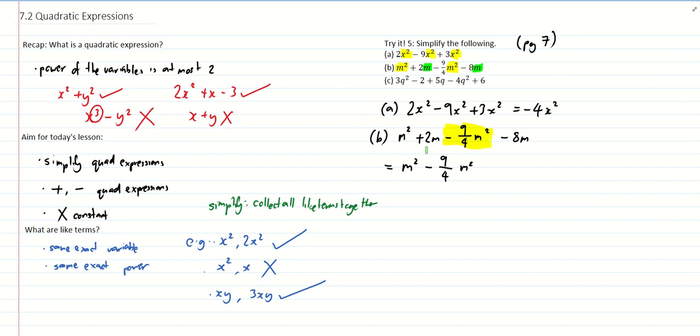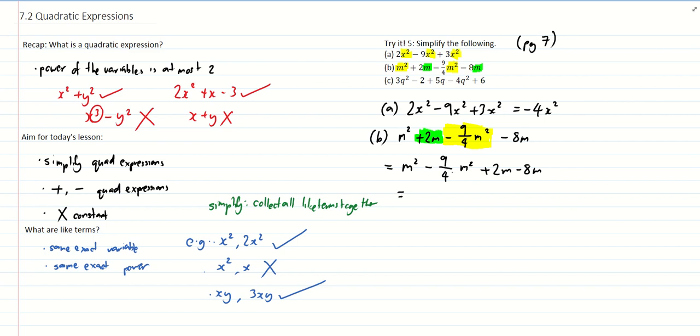And then what about the plus 2m? So the plus 2m, we will switch position. Okay, it will come after m square, so we will have plus 2m minus 8m. Now all the like terms have been collected together, so what we need to do is just to